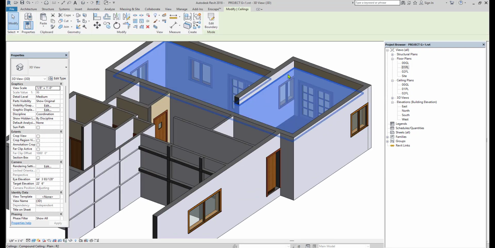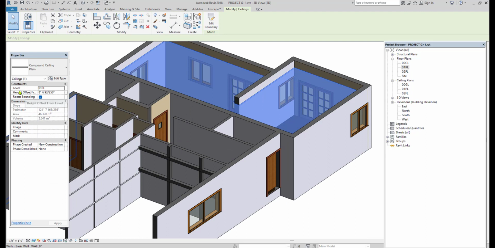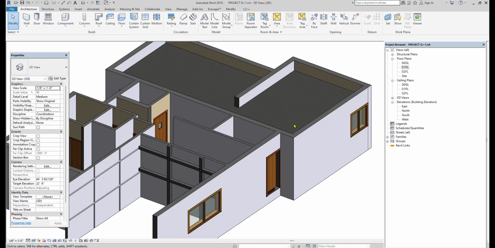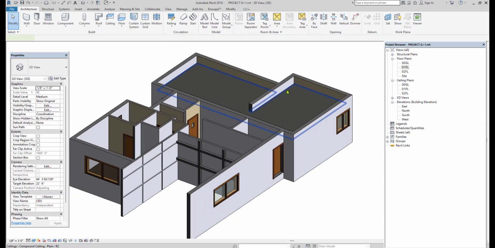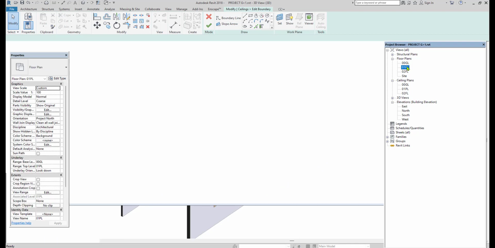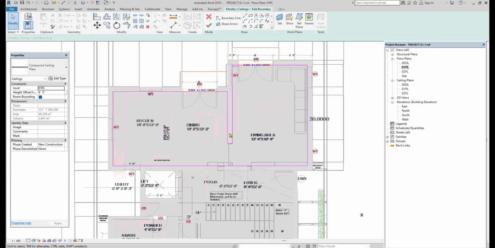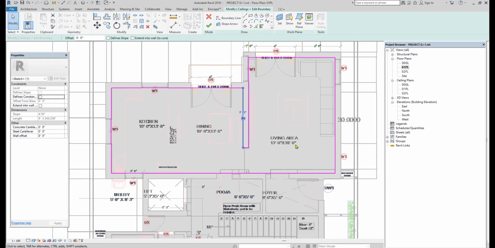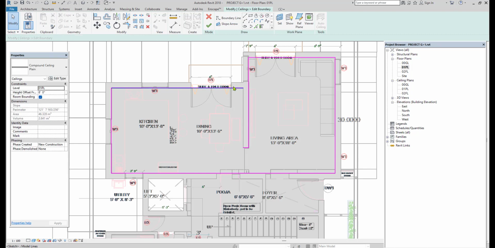So here we are getting the ceiling at the particular height. You can check the height in the properties, that is about 8 feet something. You can even change the height exactly to 8 feet or else you can vary. Now in case I want to draw the ceiling only for the living room, then you can edit that boundary and then go to the floor plan. And then now we have the drawings or lines here, so you can delete that.